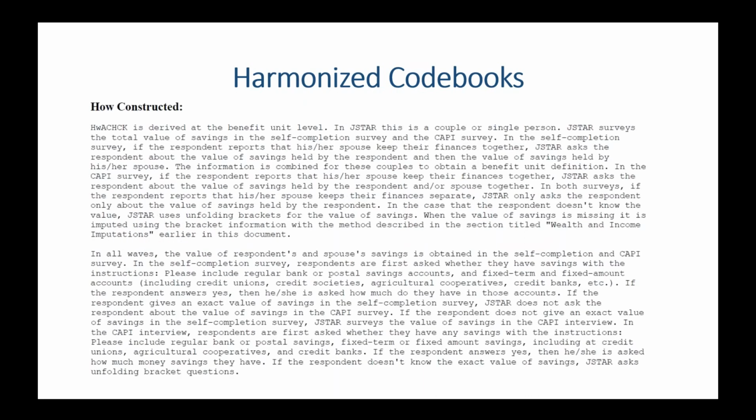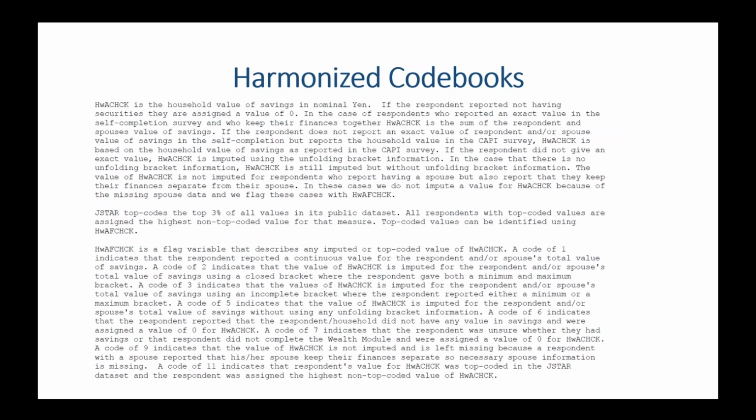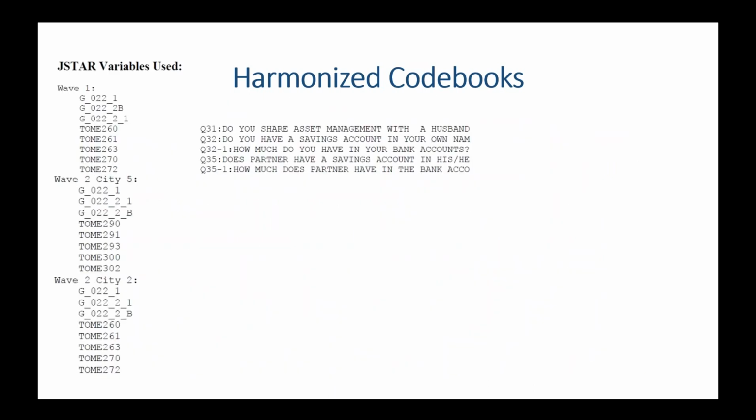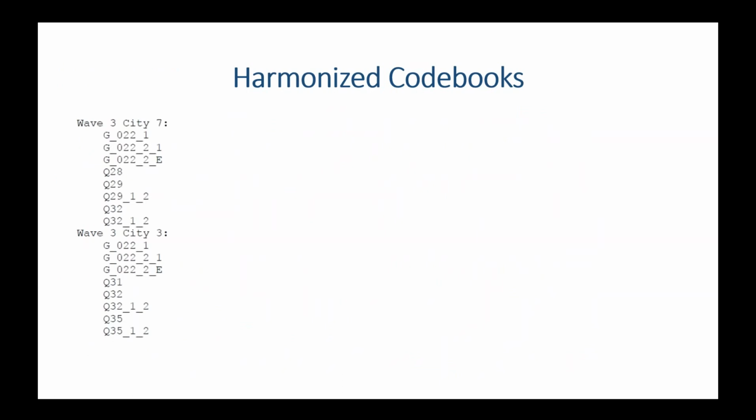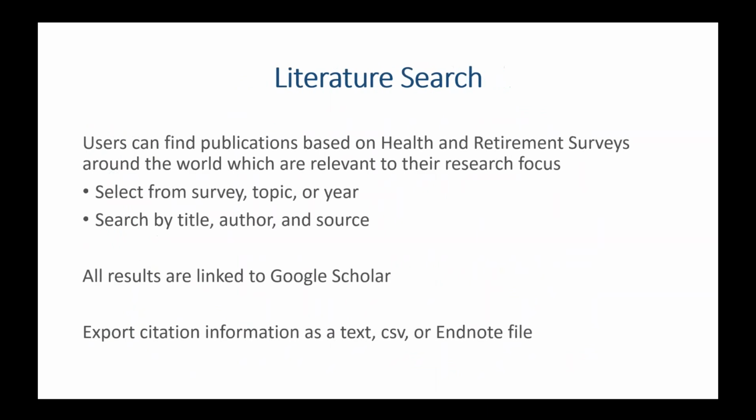We have a lot of how constructed text, again, because this was a complicated variable to create. And then we list all the original variables used from Jstor in case you wanted to create it differently, or if you just wanted a starting point for, so where are all the Jstor questions that ask about housing wealth? So the last thing I'll briefly mention as we wrap up is our newest feature, which is our literature search. So say you're interested in a topic and you now know that you have some data available, you know how you can get access to that data, you know you can use a harmonized data set to kind of easily compare